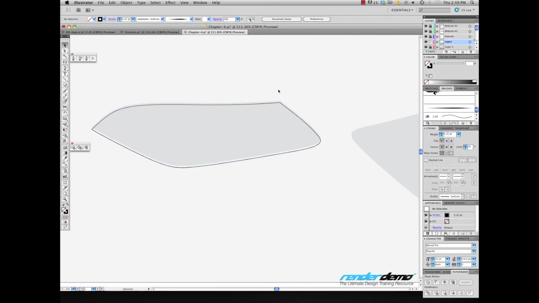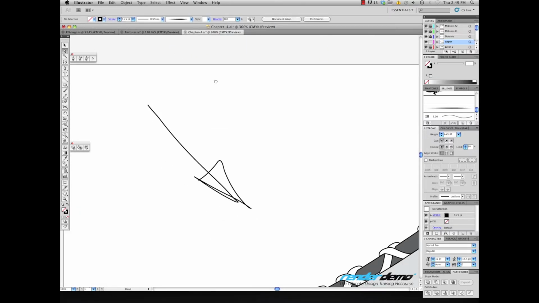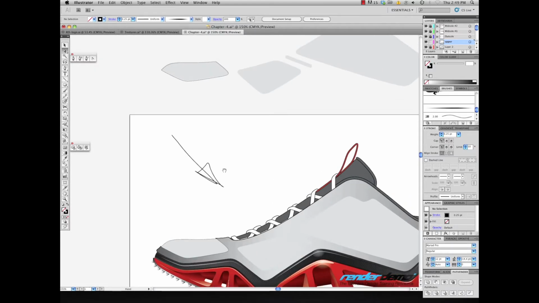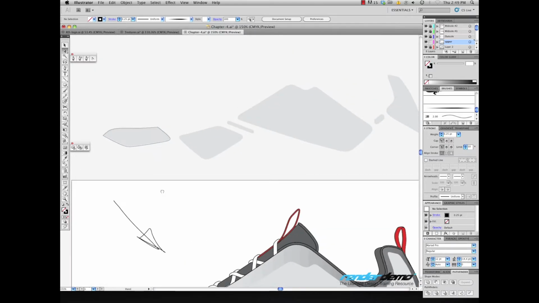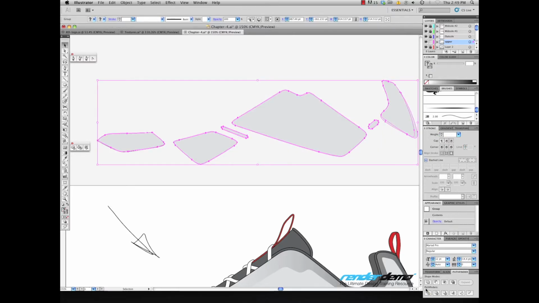Where this front edge here, you're not going to see this because this edge is rolling over the top of the forefoot here, so you'll see a little bit of a shadow cast here, but not over the top of that material. So if we take all these pieces, let's divide those out, and let's add a color